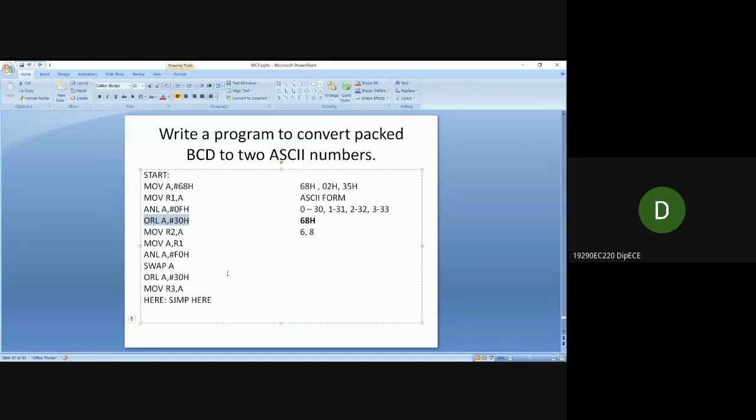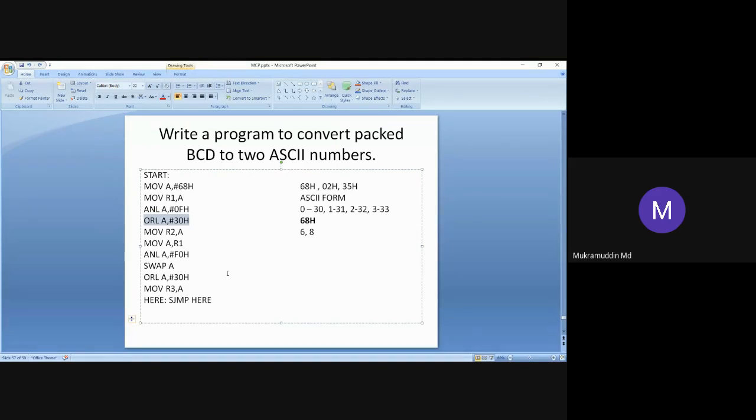Sir, in the place of ORL, why didn't we use the add instruction? Add A comma 30. Yes, we can use it. Both 30 and 8 get added.